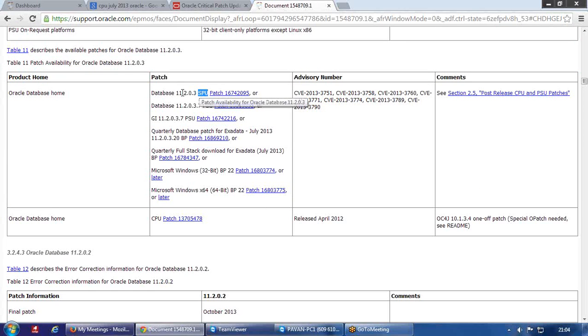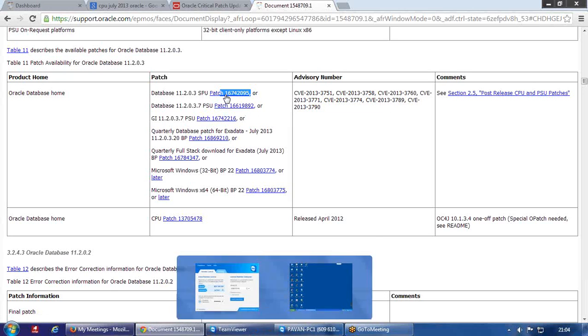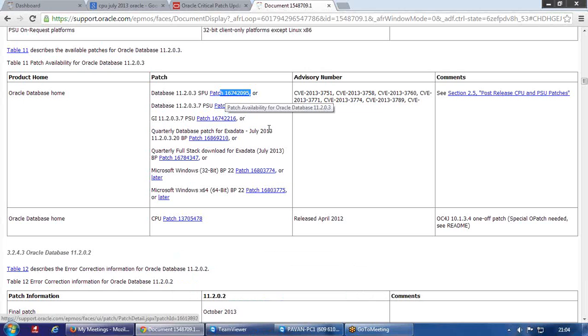For the 11.2.0.3 database, the SPU patch number is 16742095. When you go for the PSU, as I said, PSU is the third category of patch. PSU is also released every quarter along with SPU, and I also said that the fifth digit will change.